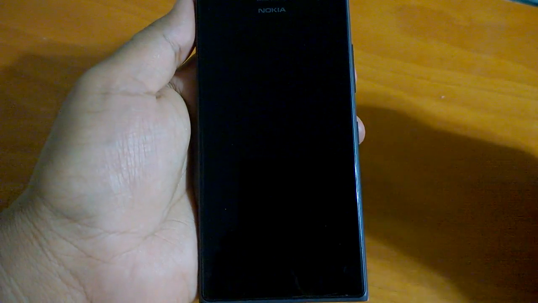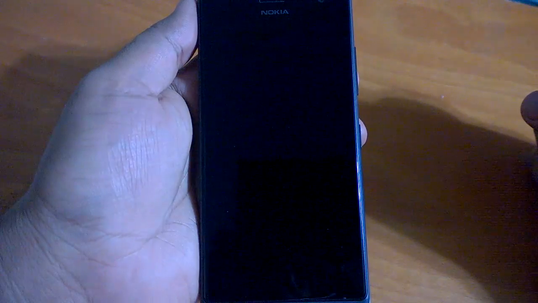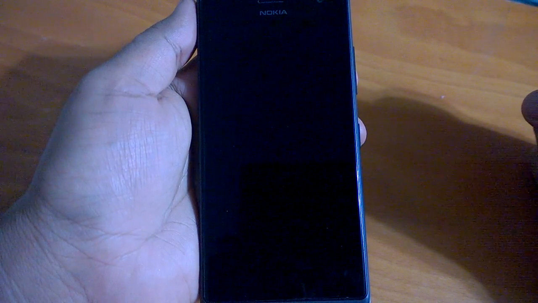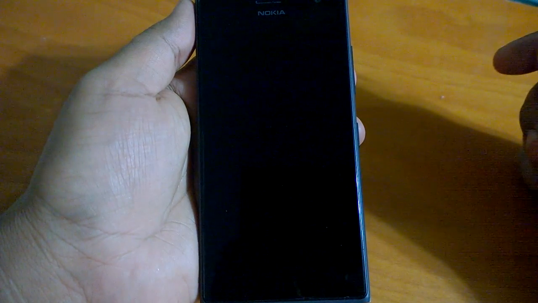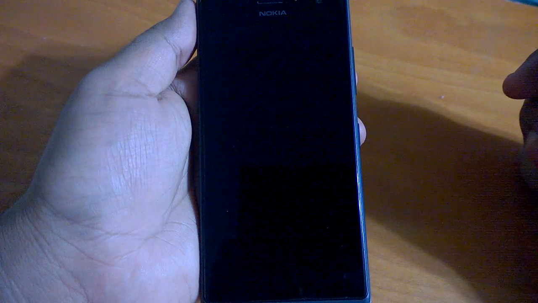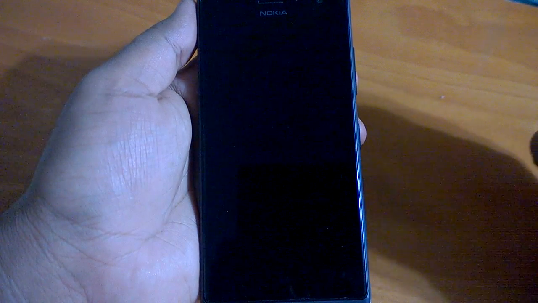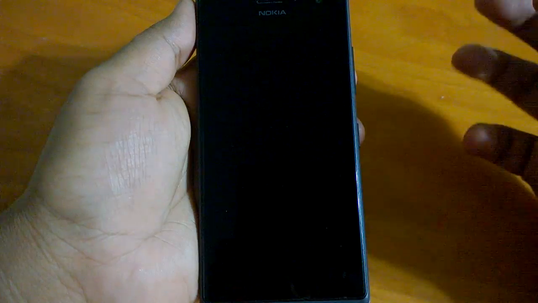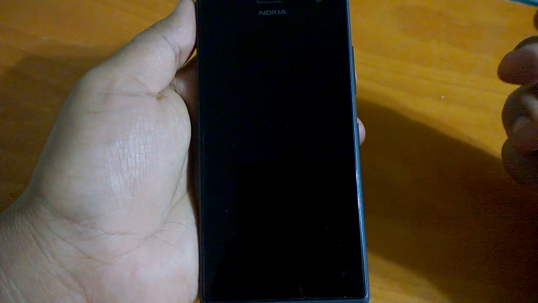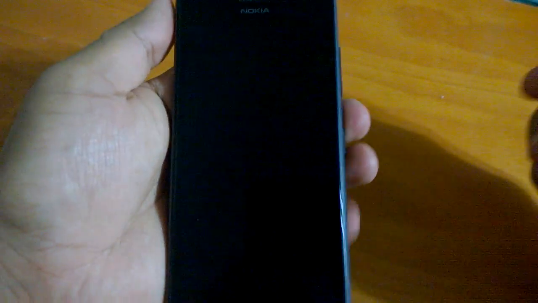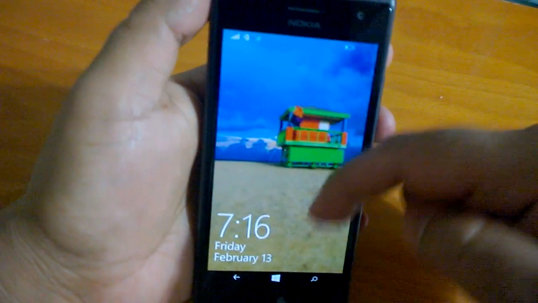While in the first two videos we talked about UI changes, notification handling and the system settings and how they look like, in this video we'll talk about the new keyboard and then we will talk about some native apps or universal apps which have been much updated or which are much better. Let us go to the keyboard first.